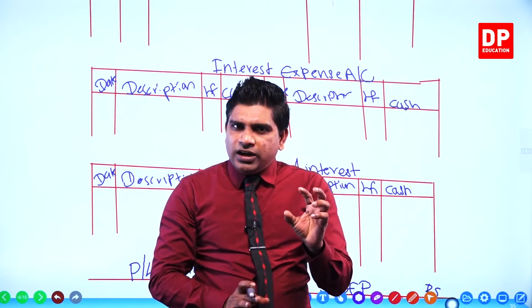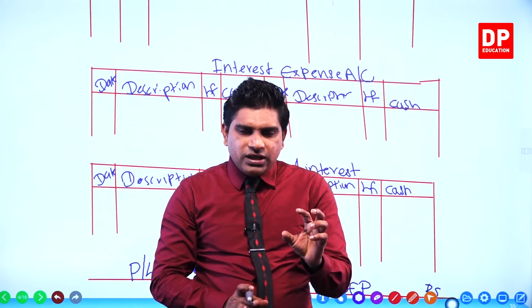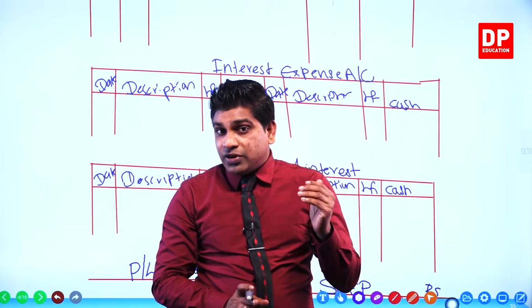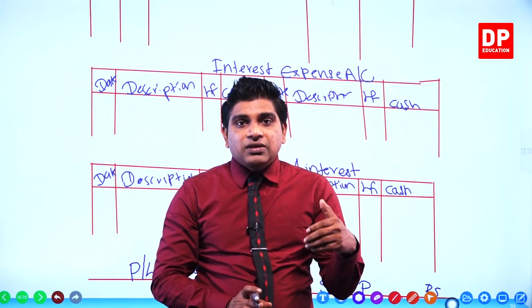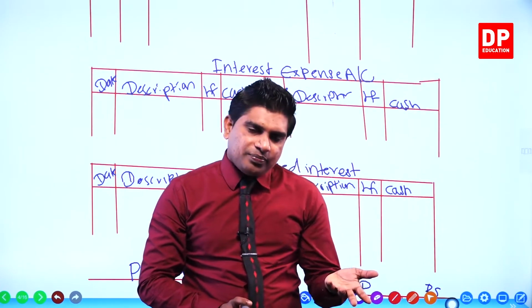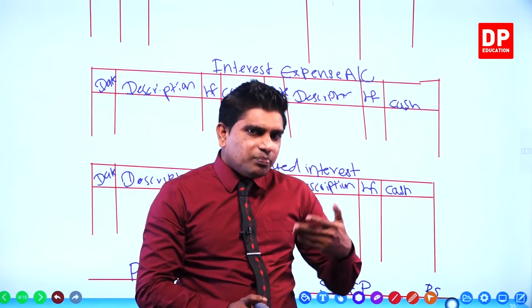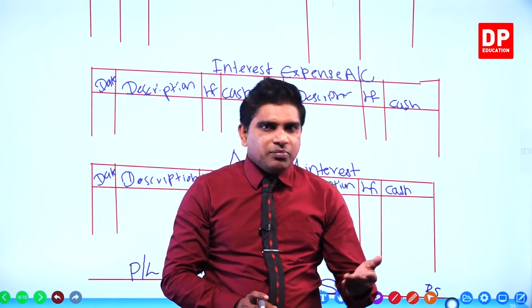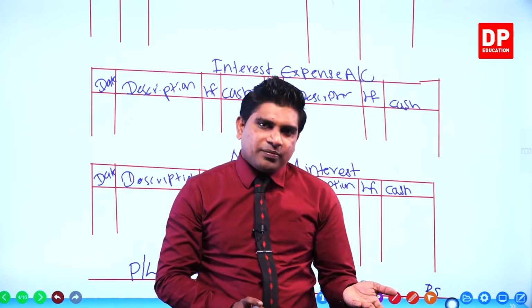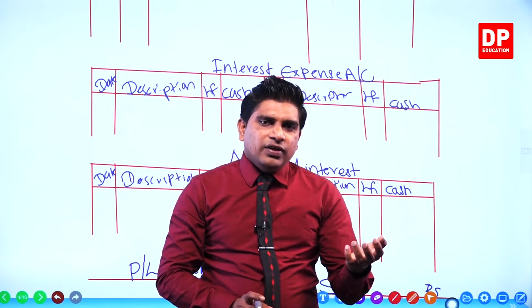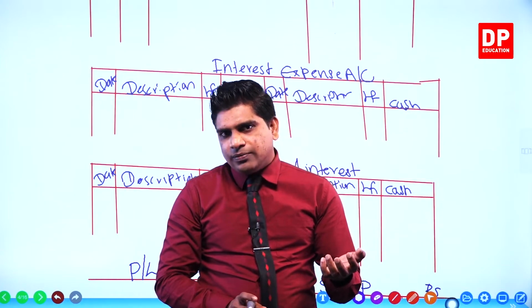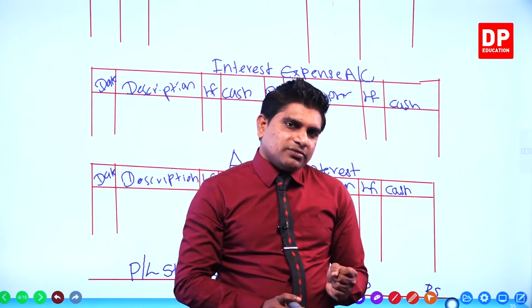The bank loan interest is 12% annually. They have obtained the bank loan on 1st of December. Only 1 month of interest we have to pay. But even that amount they didn't pay. They didn't pay the month of December payment. It means for the whole year they didn't pay. Then directly we can enter the details to the ledger accounts.